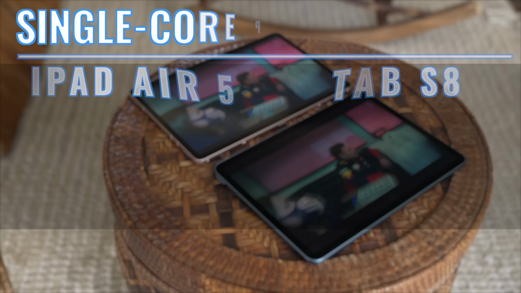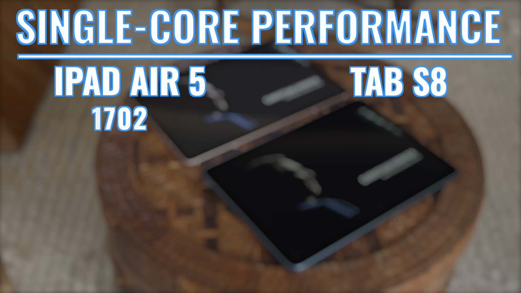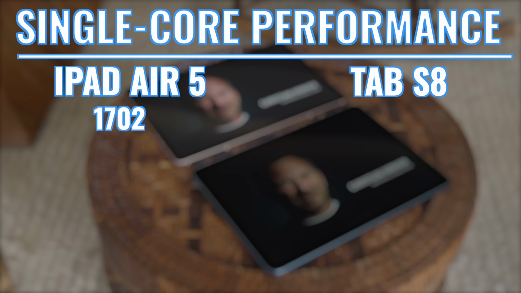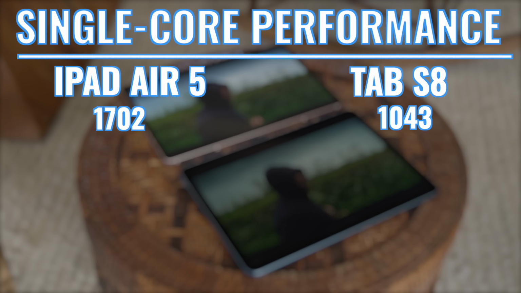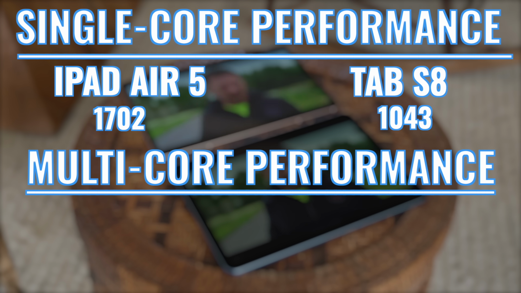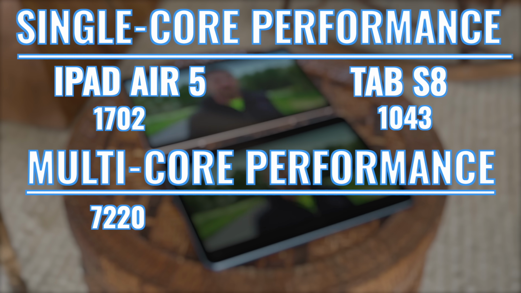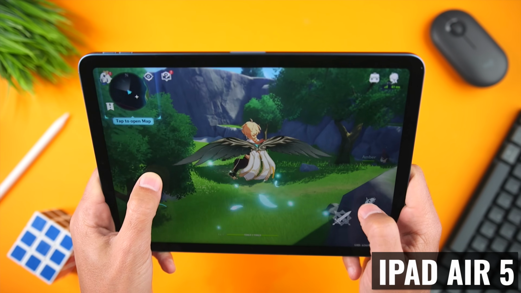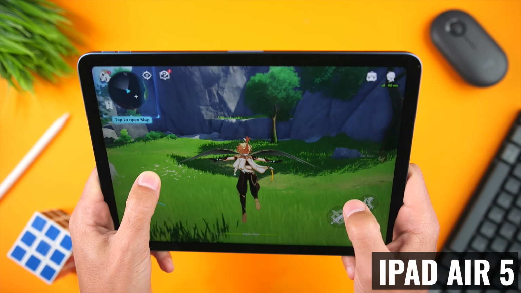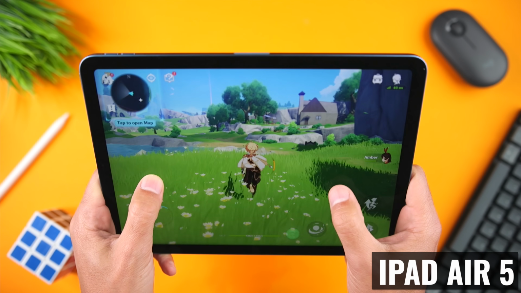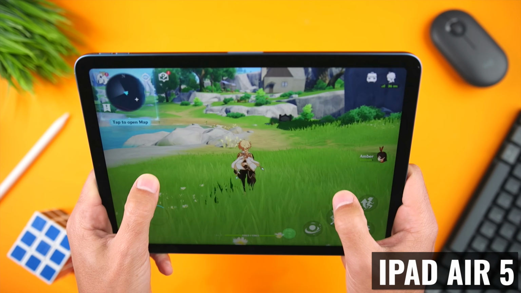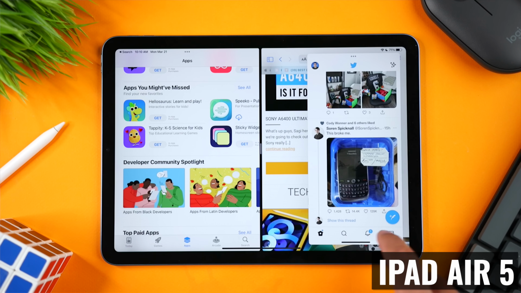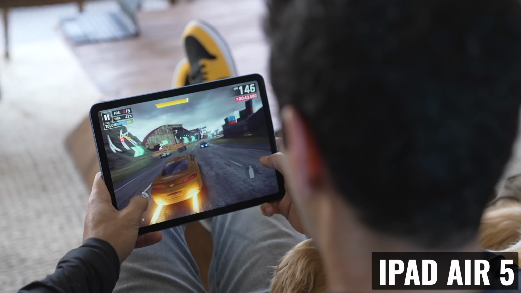So for single core performance, we're looking at 1702 on the iPad Air 5, versus 1043 on a Tab S8. And for multi-core performance, we're looking at 7220 versus 3194. In both cases, a higher number is an indicator of better performance. So you can see that the M1 chip significantly outperforms the Snapdragon 8 Gen 1 chip, at least for benchmark tests. But what about day-to-day use when you're browsing the web, when you're using various productivity apps, playing games, or